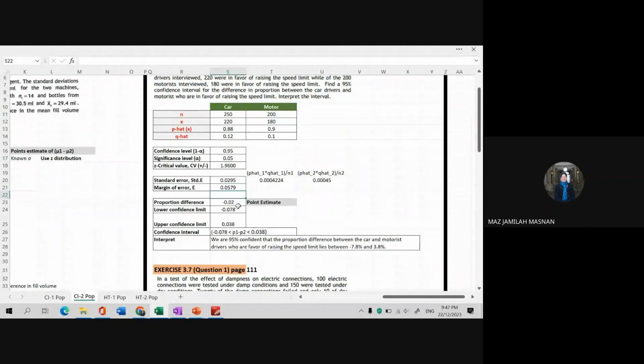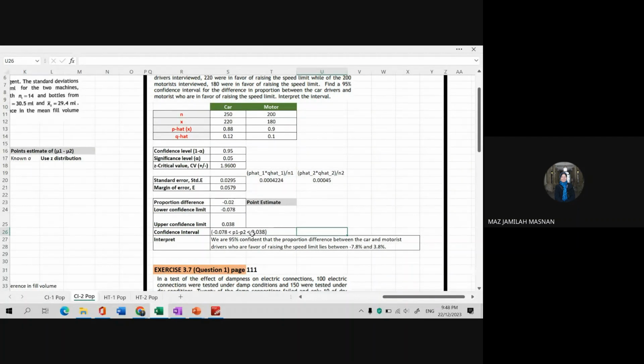Now we can continue with finding the lower confidence limit, which will be the proportion difference minus the margin of error, which gives me negative 0.078. For the upper confidence limit, it will be the point estimate plus the margin of error, and I will get 0.038. You can write down the answer as negative 0.078 for the difference between proportion 1 and proportion 2, or car against the motorist,